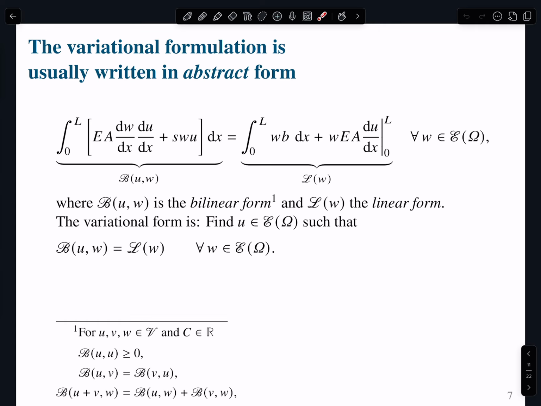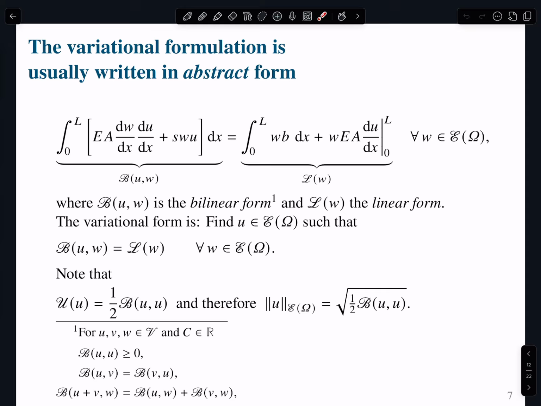And so the statement of equilibrium, normally people write it like this. The variational form is: find u in the energy space such that the bilinear form is equal to the linear form for all weight functions in that energy space. Of course, this is abstract because the actual forms of the bilinear form and the linear form you define later, and they change depending on the problem. If you have a one-dimensional bar in tension or compression, it has some form. If you are dealing with a heat conduction problem, for instance, it has a different form, and so forth.